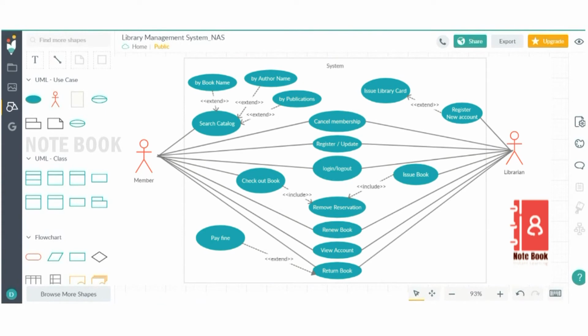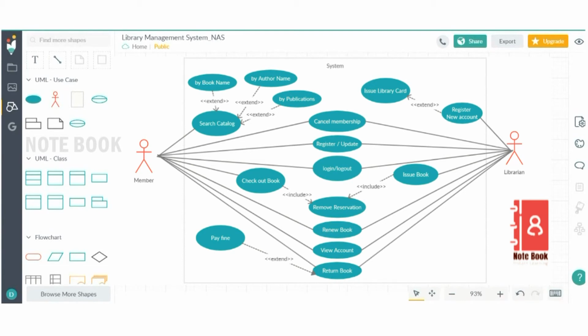Now the use case diagram for the library management system is almost done. The use cases are given, and the actors, member and librarian, are also given, and those are connected with the connector straight line.